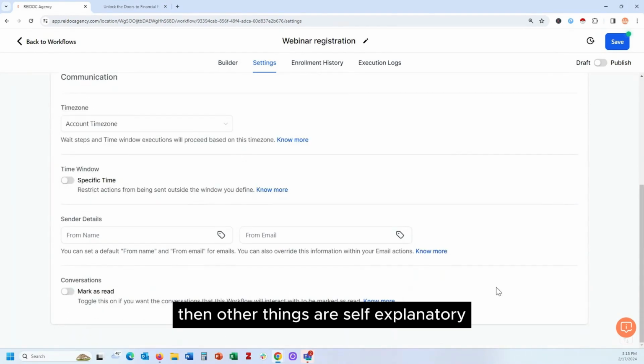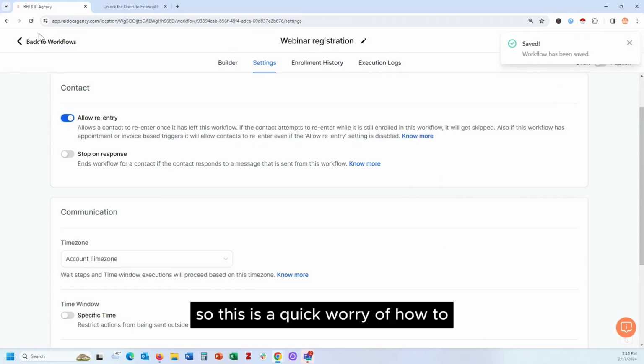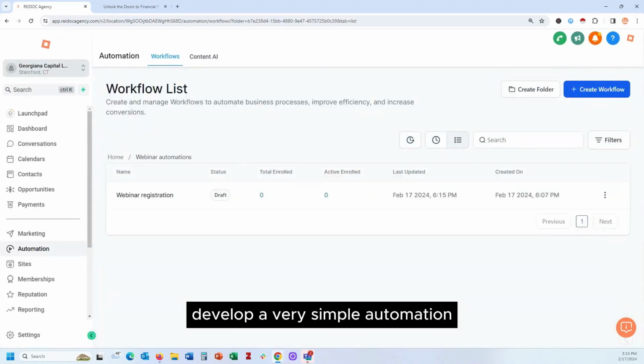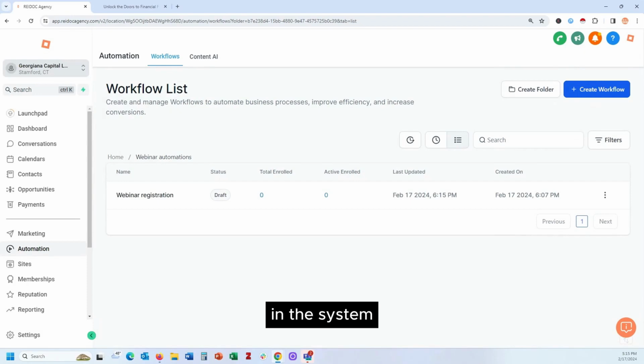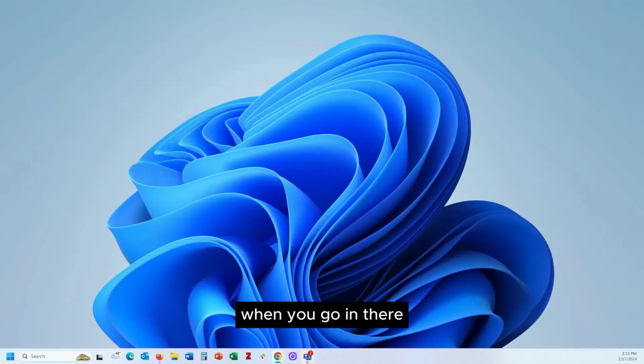Then other things are self-explanatory. So this is a quick overview of how to develop a very simple automation in the system. There are a lot of options. When you go in there, you can actually see